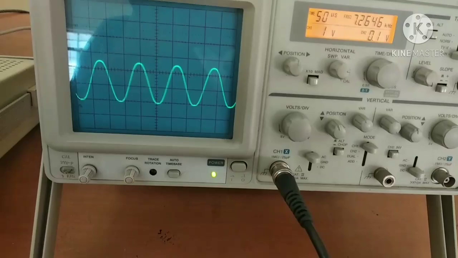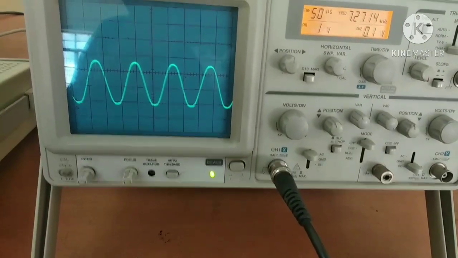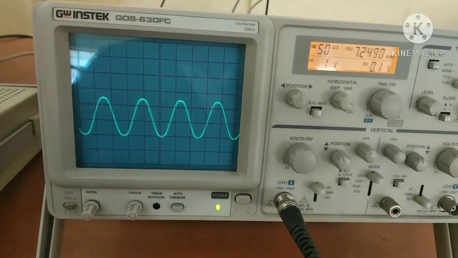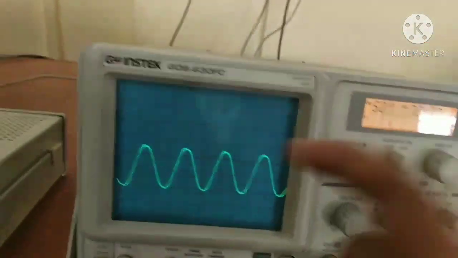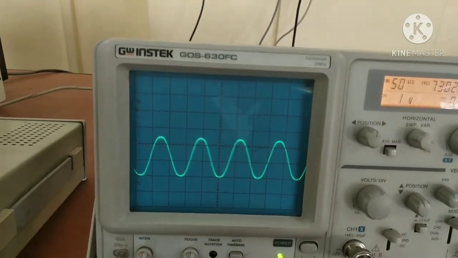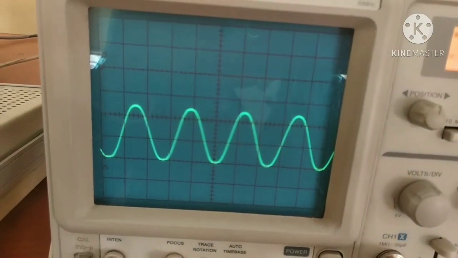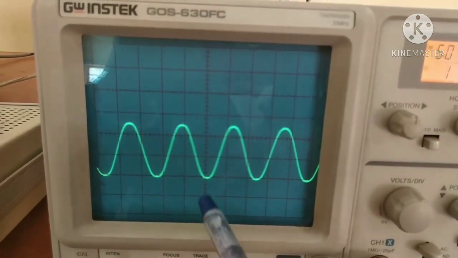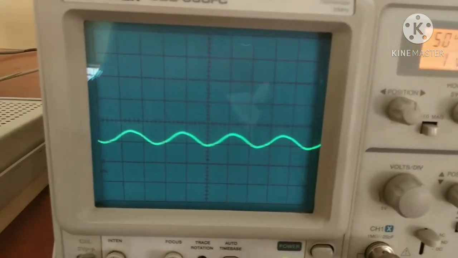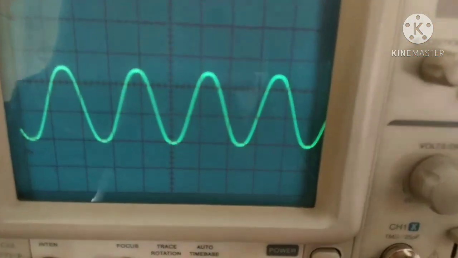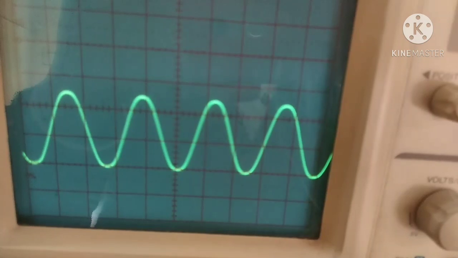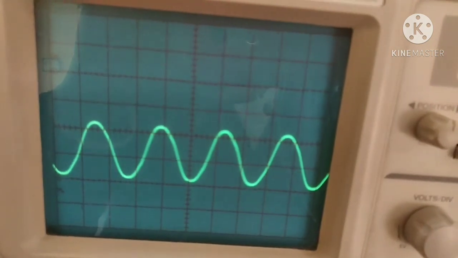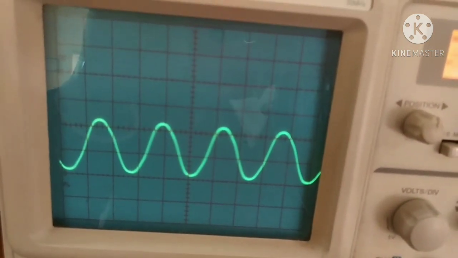Now it is time to measure the given signal. We get signal from the function generator and can see signal in the CRO. There is a screen, and you can observe there is a scaling done here. A square box is called big division, and each square box is divided into 5 small divisions vertically and horizontally. So one small division value is 0.2.